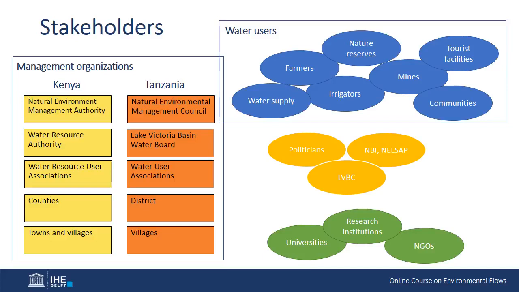Stakeholder mapping required identifying what organizations in Kenya and Tanzania have a dependency on or interest in the water resource. Originally, it helped us identify the Water Resource Authority in Kenya as a key stakeholder for the implementation and institutionalization of e-flows in Kenya, where our efforts were focused, and the Lake Victoria Basin Commission (LVBC) and the Nile Basin Initiative (NBI) were identified as key players in the extension of our assessment into Tanzania and in the development of